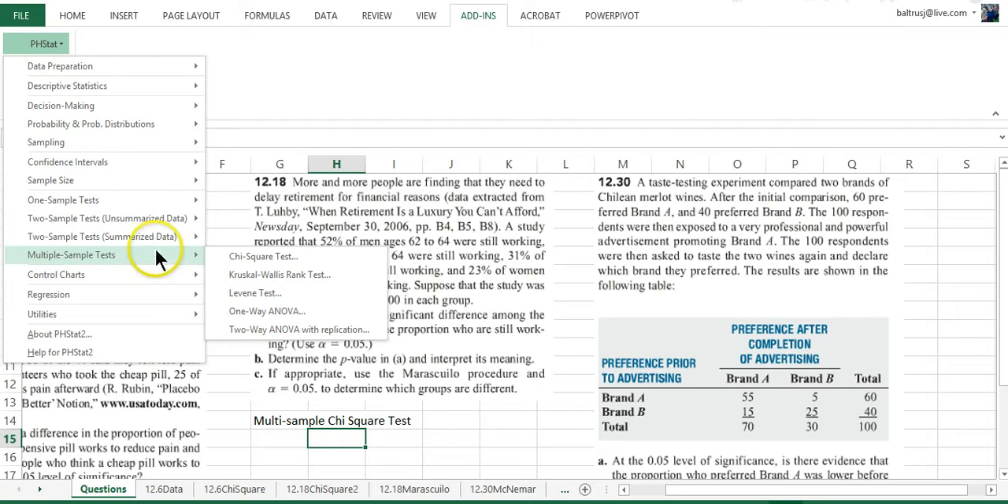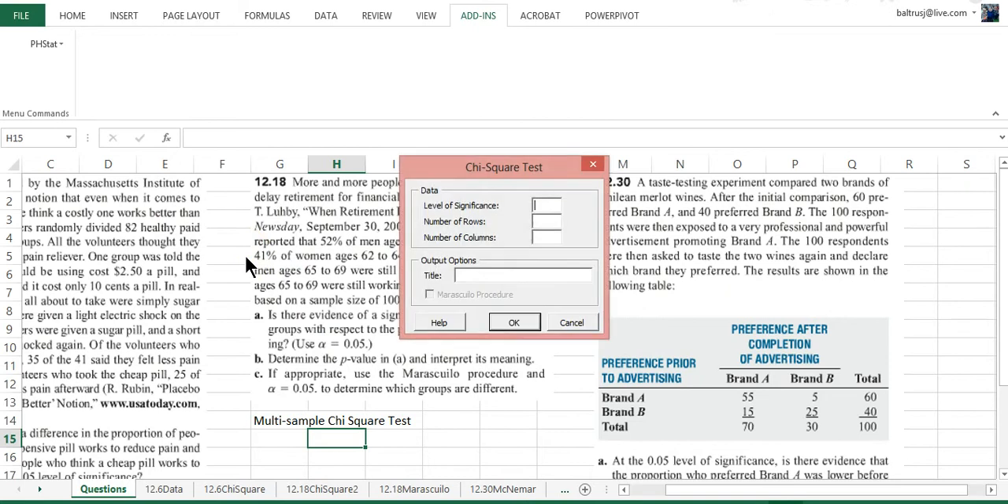So, we go to multi-sample test, we go to chi-square test. All it's going to ask us is for a few pieces of information. We'll use a p-value of 0.05. We have, let's stick with 2 rows and 4 columns. We want to check the box for the Marashilo procedure, give this just a quick title of the problem, and